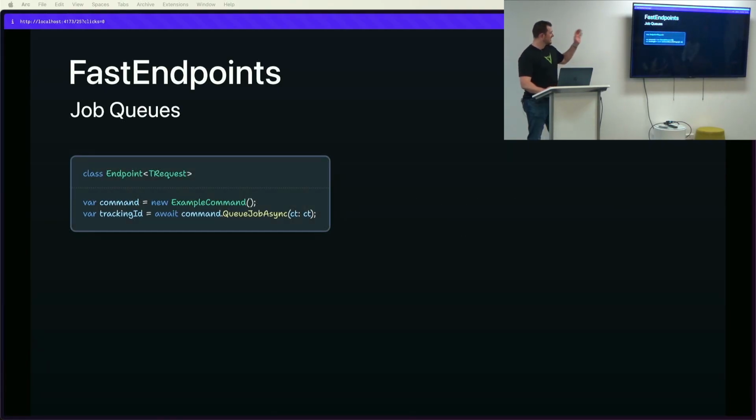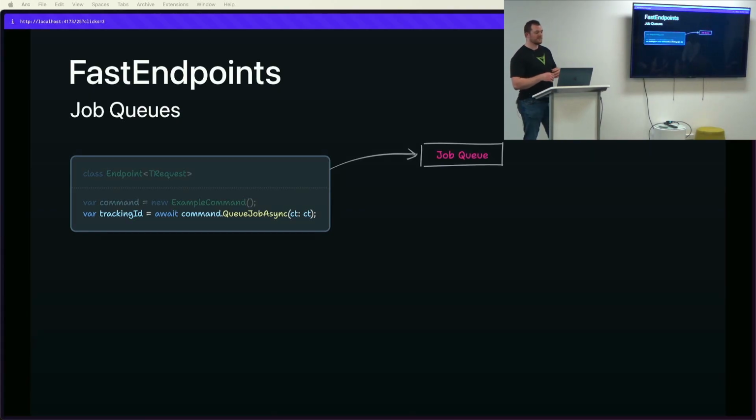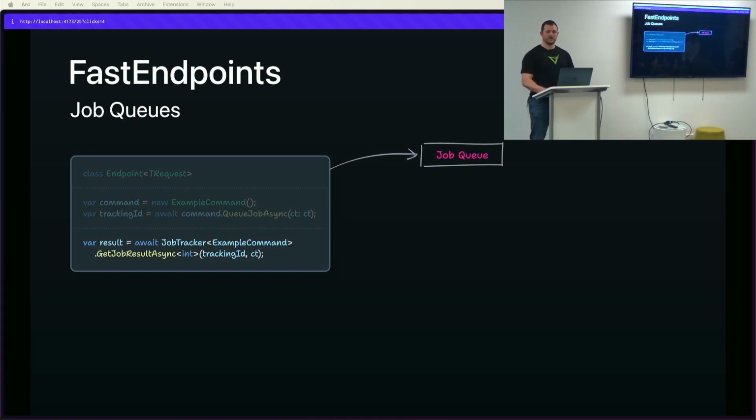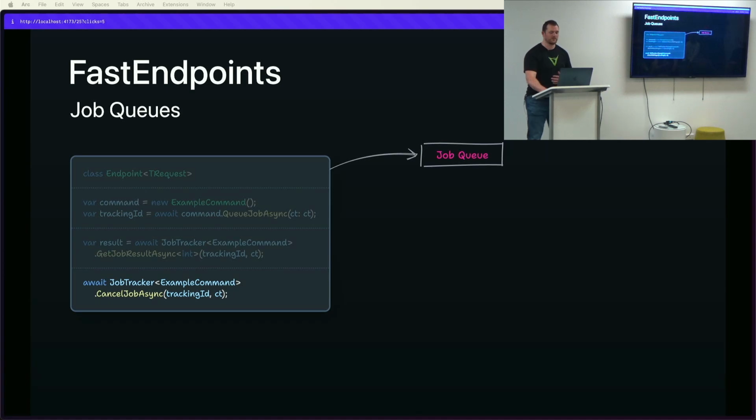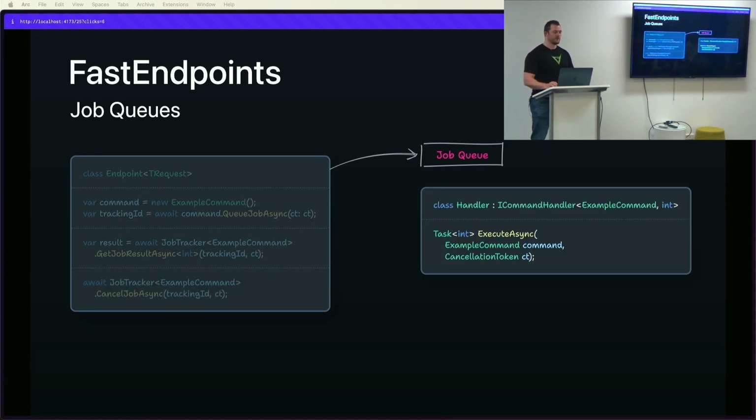So this still uses the exact same command as our previous example, with the only difference being that instead of invoking it directly with execute async, we're calling queueJobAsync. Now queueJobAsync simply adds the job to the queue and returns a tracking ID. And that tracking ID can be used to check the progress of the job or to cancel the job if required. The queue will then be responsible for executing the command in the background depending on how we've configured our